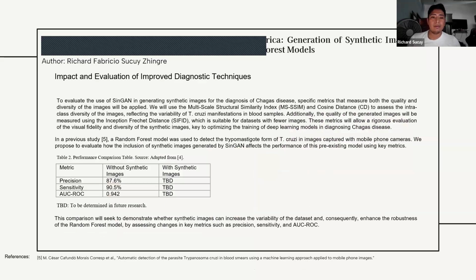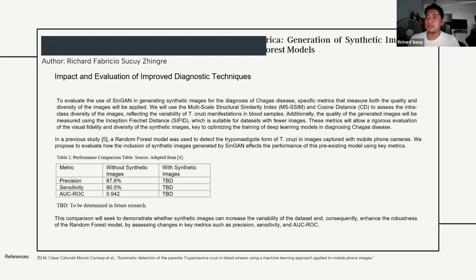Impact and evaluation of improved diagnostic techniques. To evaluate the use of SinGAN in generating synthetic images for the diagnosis of Chagas disease, specific metrics are used: MCMC, CD, and CIFID. Specifically, CIFID,